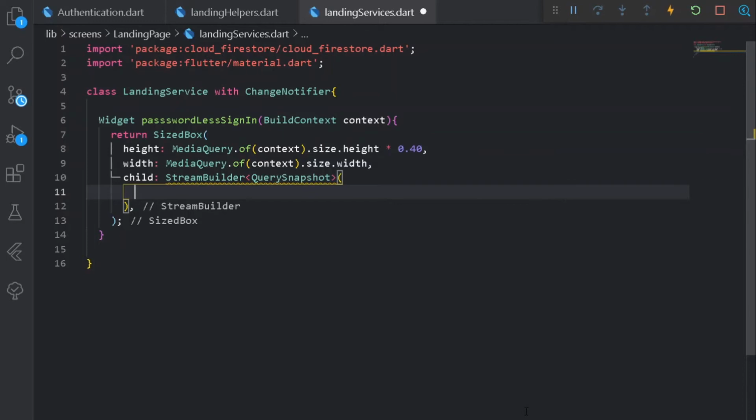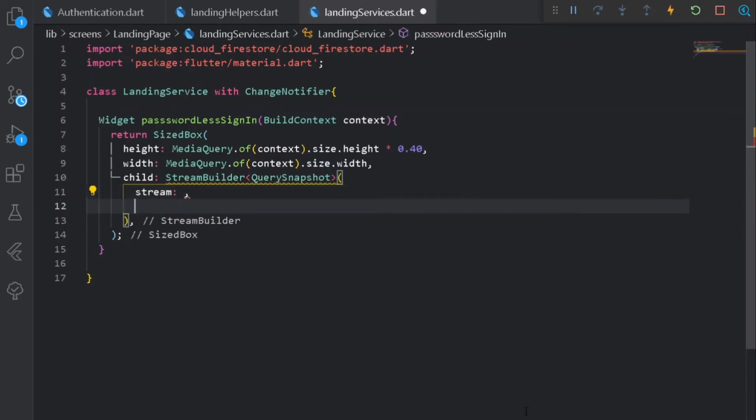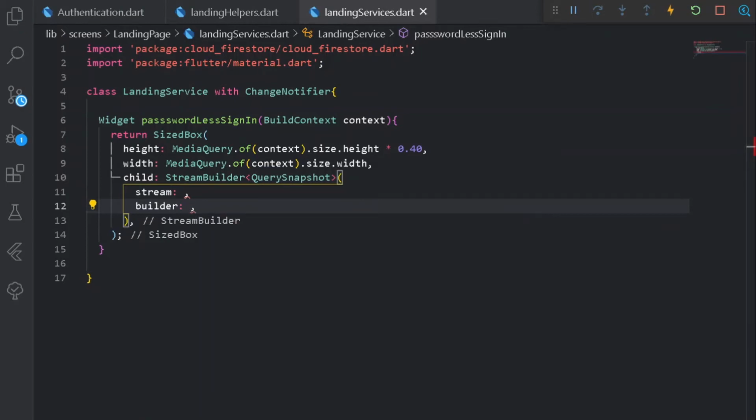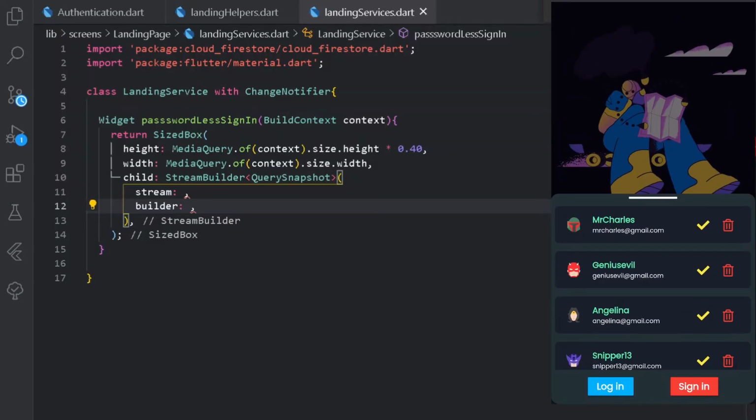So our stream builder shall require the parameter of a stream and also a builder. Now let me tell you the purpose of having a stream builder here. Once the user clicks this button, he shall be either logging in or signing in. So once the user signs up, all the credentials of his, that is his user, email and password